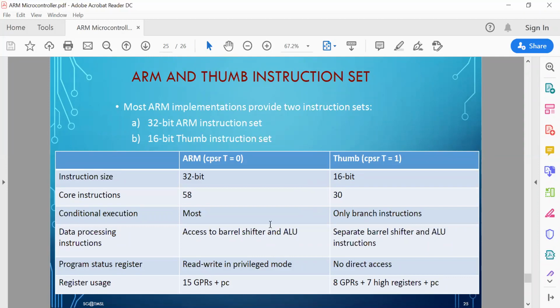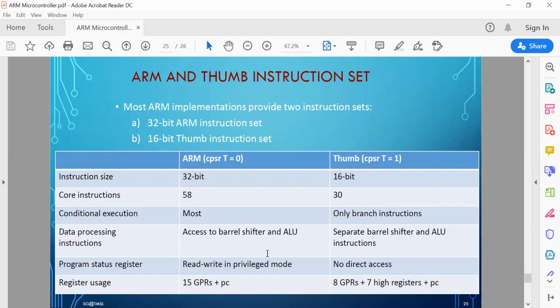Conditional execution is a feature where some instructions will be executed depending on whether some condition is true or false. Okay, in ARM, almost all the instructions support conditional execution, but in Thumb, only for branch instructions can you check for conditions; other instructions do not support conditional execution.